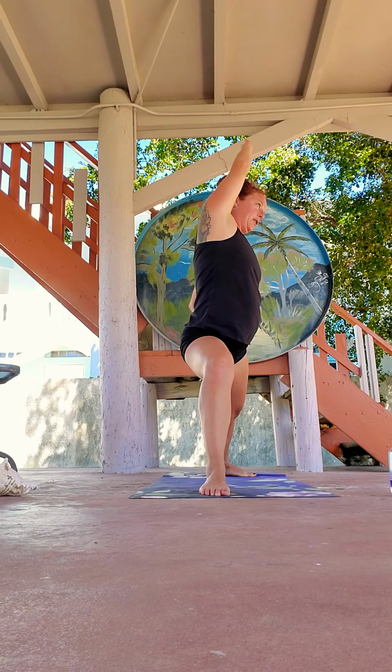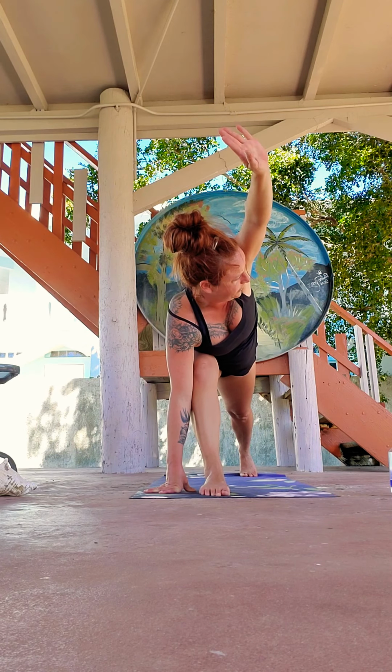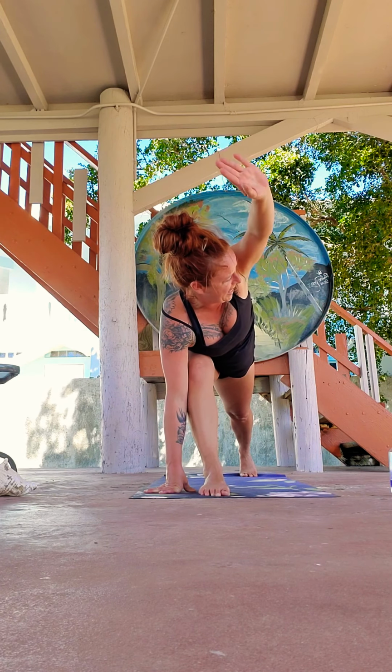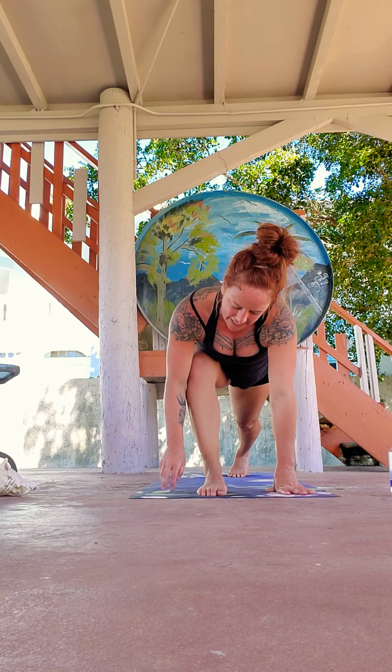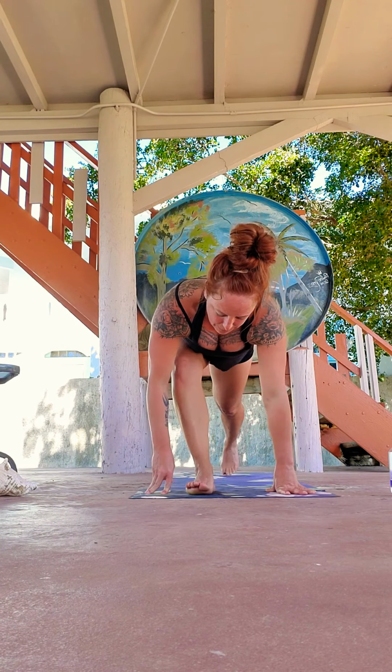Either one is fine. Three, two, we're going to start lifting off that back heel. And one, hands come down. And then we'll rotate. So taking it to that full side plank, or modification would be to drop the knee, right? Roll, stack,